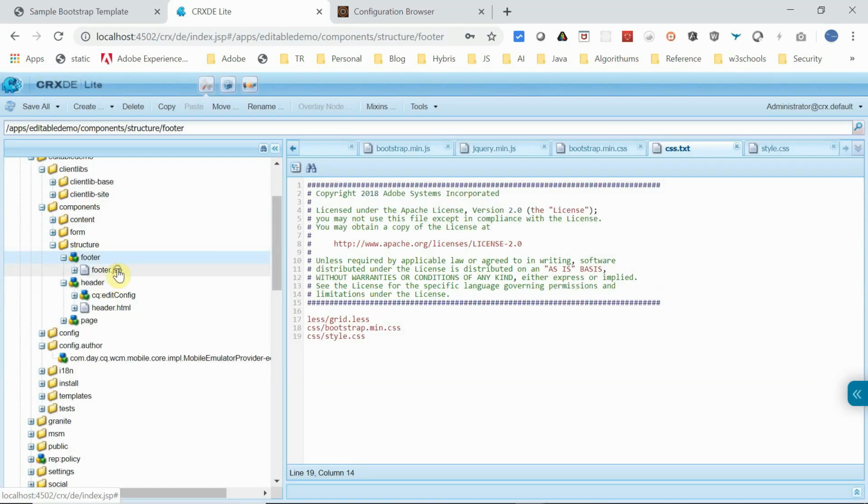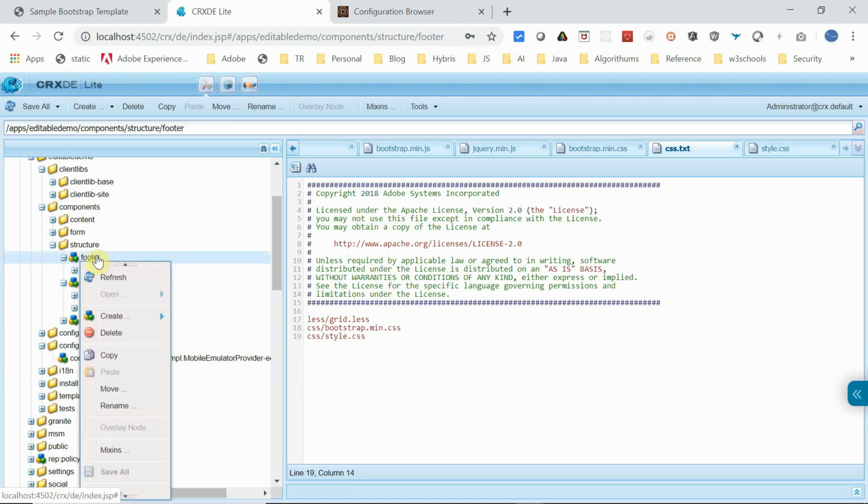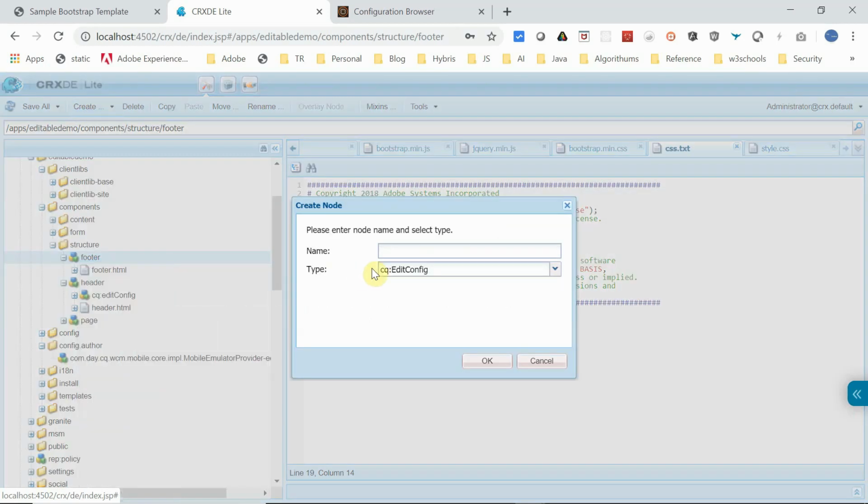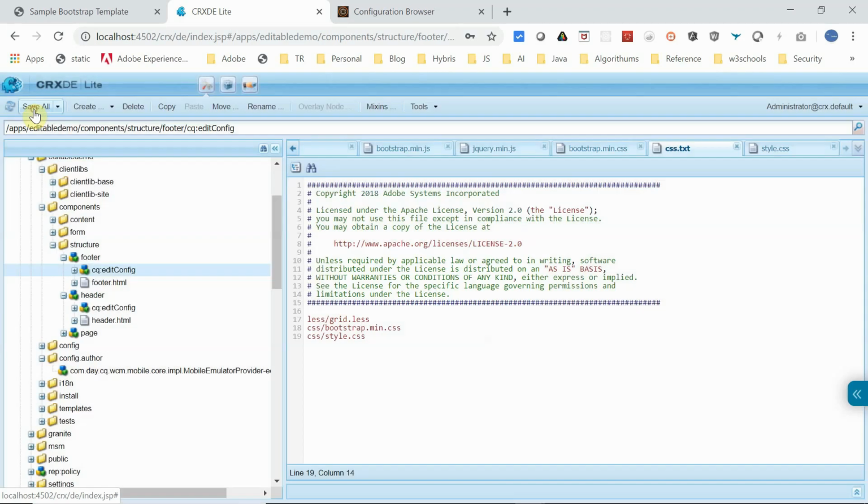Rename this footer.jsp to footer.html. Now create a node cq:editConfig, that's fine. Okay, two components are created.